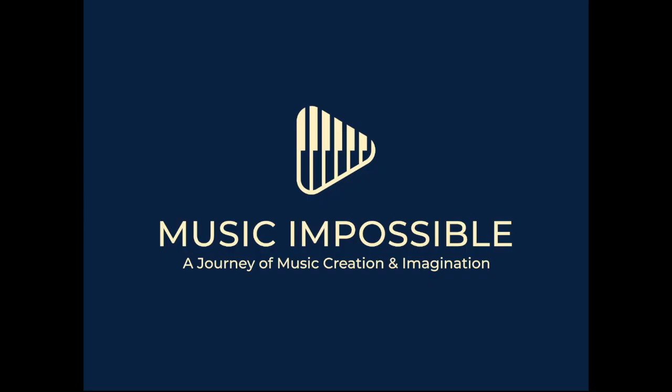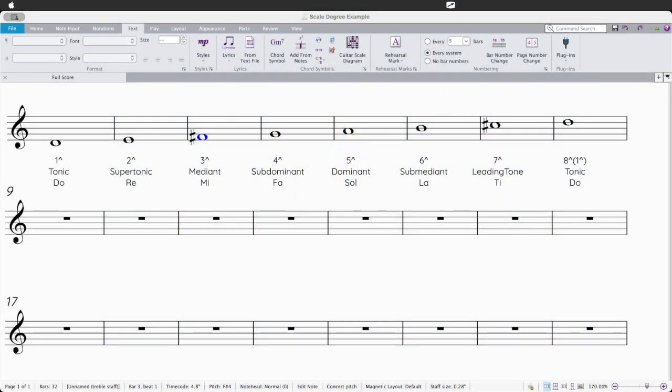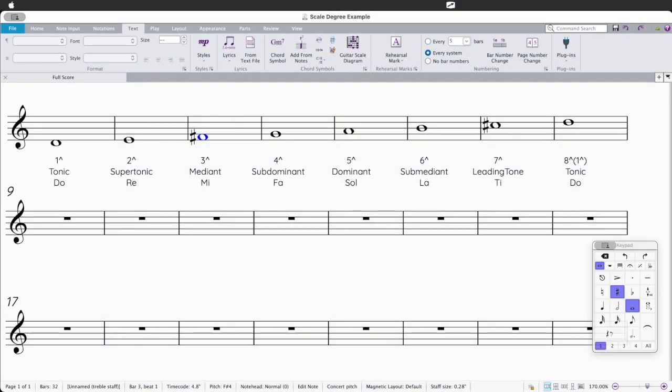This is Professor Jim. We're going to look at the scale degree names as it relates to minor keys. And so we spent some time looking at the major key, and let's just take a look at that and review real quick. And so, we have our solfege, which is this bottom row here, do, re, mi, fa, sol,